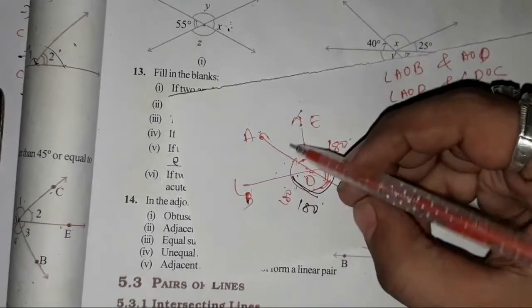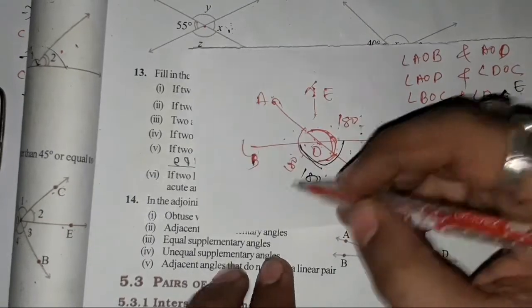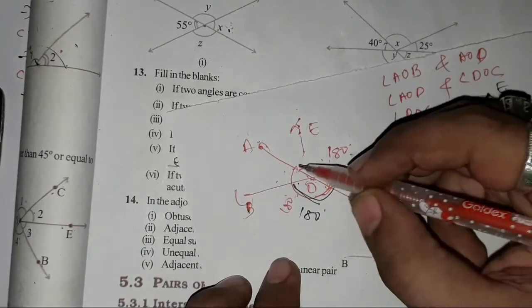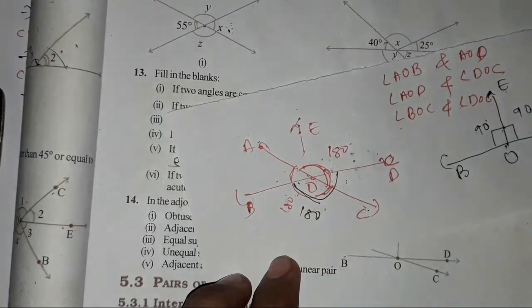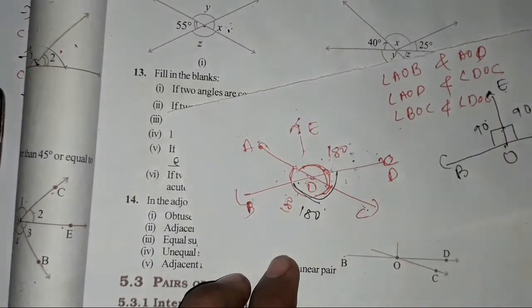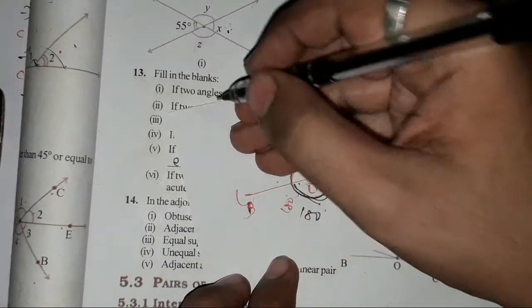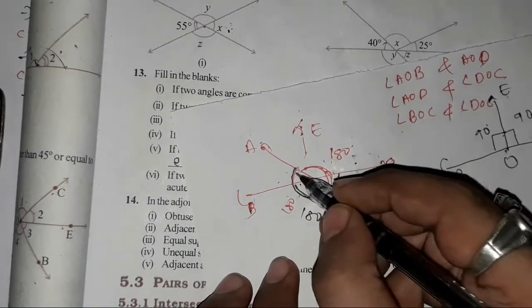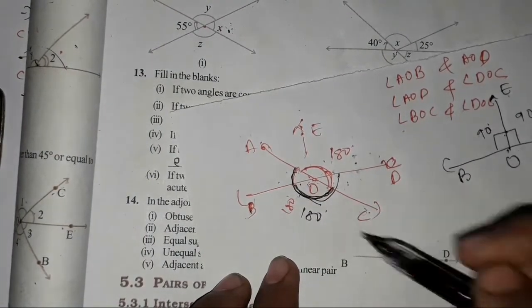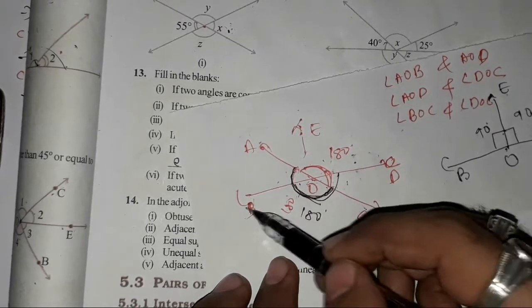This is a linear pair, so the angles formed here, COB and angle AOB, both are a linear pair or a pair of supplementary angles because the summation of these angles will be equal to 180 degrees. Together, the summation of these angles on this straight line AOC will be equal to 180 degrees, and this common arm OB is here. So the fourth pair will be angle AOB and angle BOC.